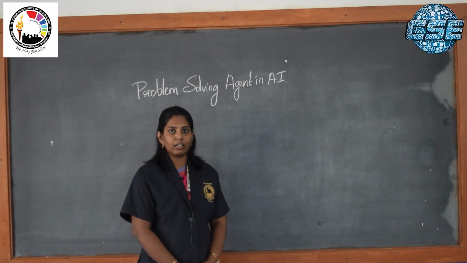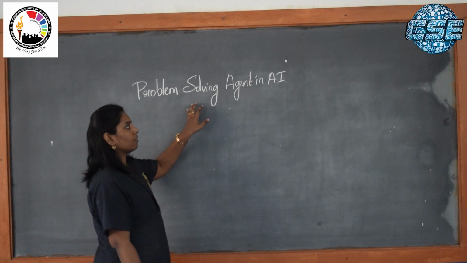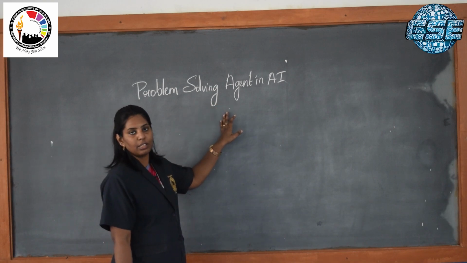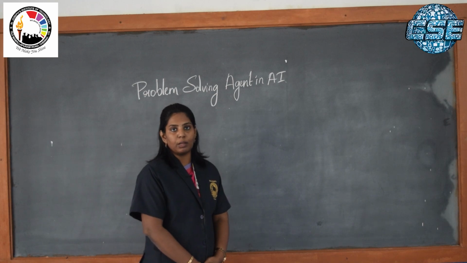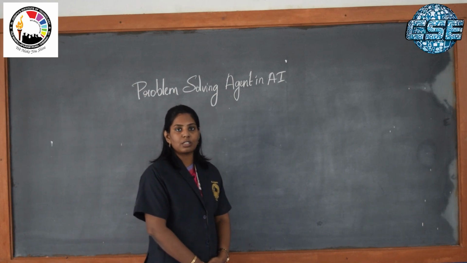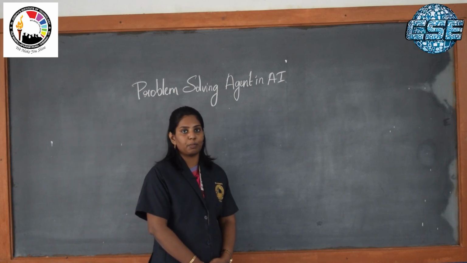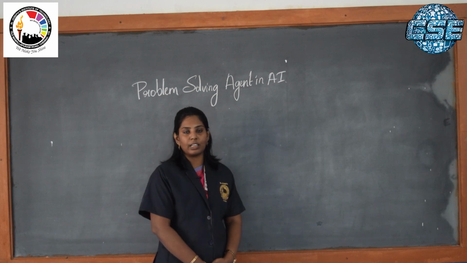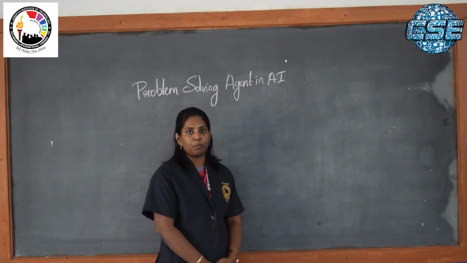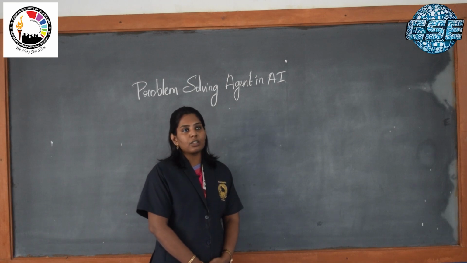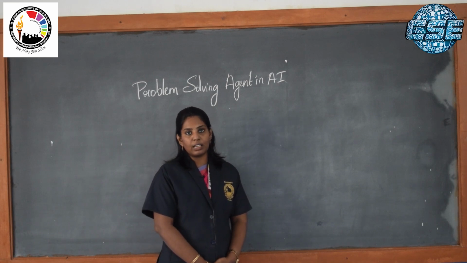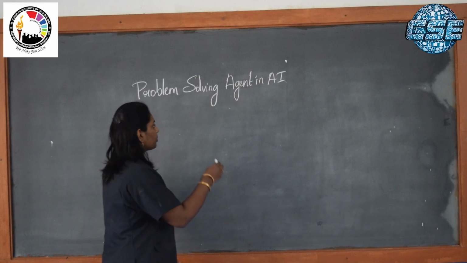Today I am going to take a topic on problem solving agent in artificial intelligence. In problem solving agent, how do we solve the problem using AI? We mostly use searching techniques to solve the problem. Some of the searching techniques used in solving problems are breadth first search and depth first search. Some of the examples we see in searching techniques are